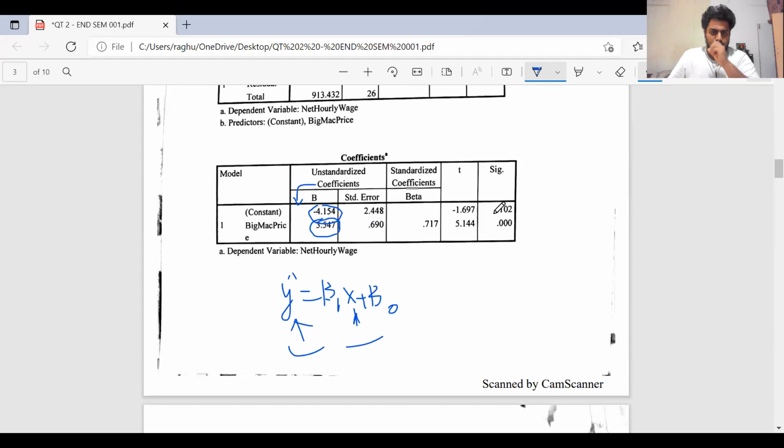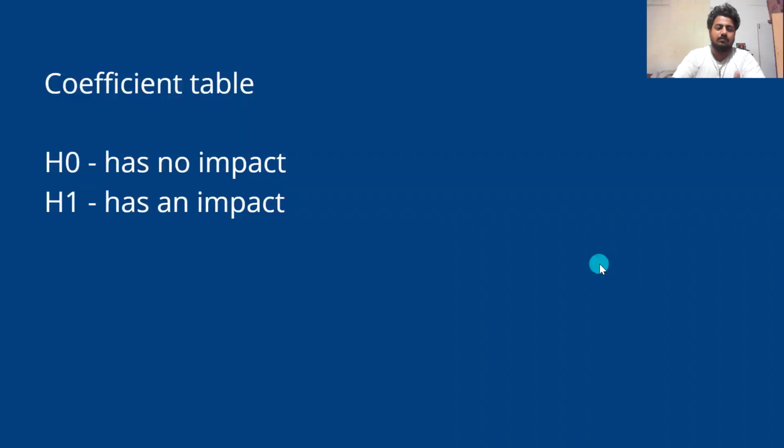Now let's go to the validation of the coefficient table for the independent variables. So we come back here. For this validation, you will be taking this value. Again, we see that the value of P is less than alpha, so again, we reject the null hypothesis. These are the hypotheses for the coefficient table validation: H0 is that the independent variable has no impact, and H1 is that the independent variable, which is the average hourly wage here, has an impact on the Big Mac price. Now P is less than alpha, we reject the null hypothesis, so the alternate hypothesis is accepted, and we conclude that the hourly wage rate has an impact on the Big Mac price.